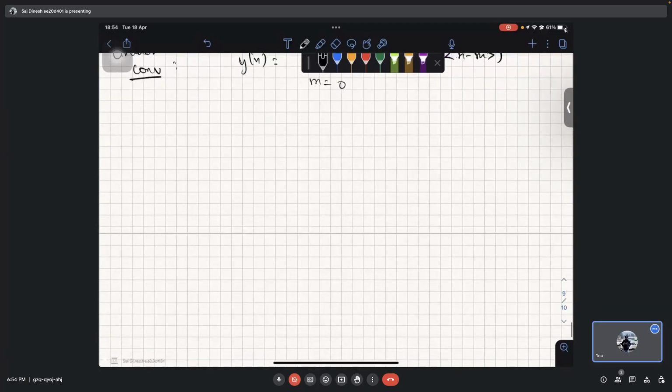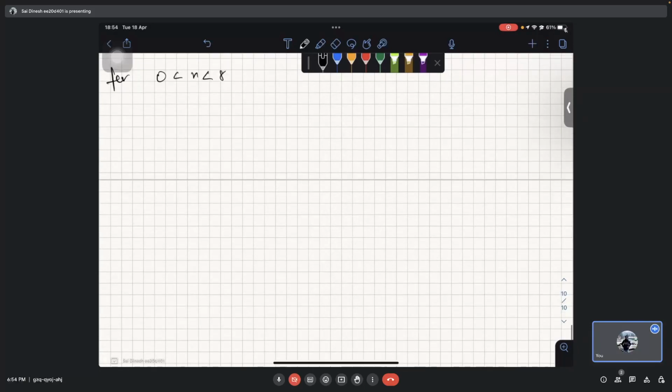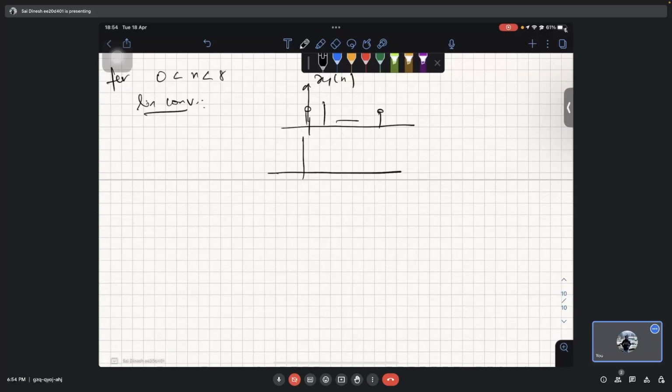So for 0 less than n less than 8, let's say, the linear convolution is x1 of m, x2, okay, I'll write here